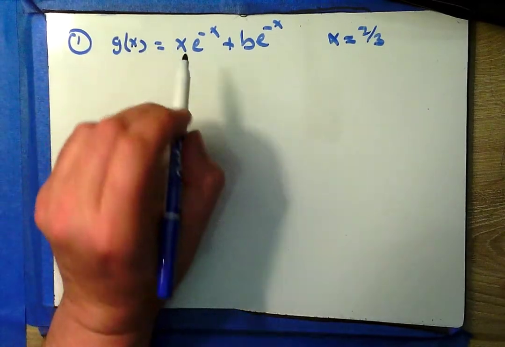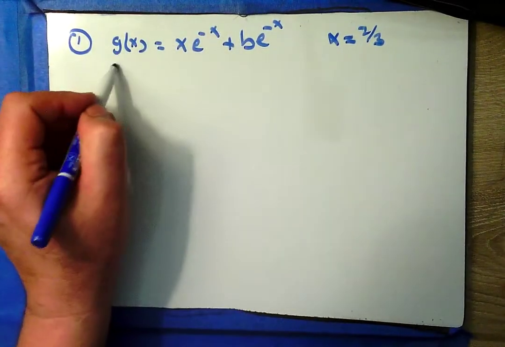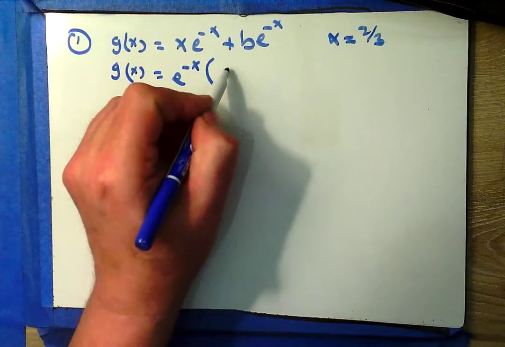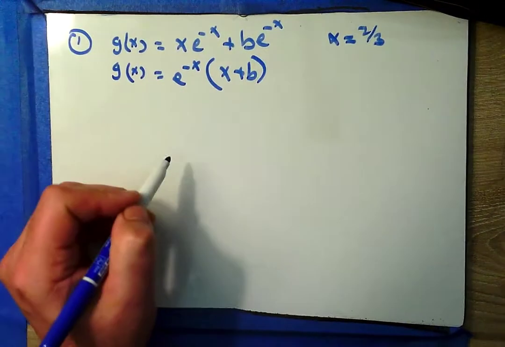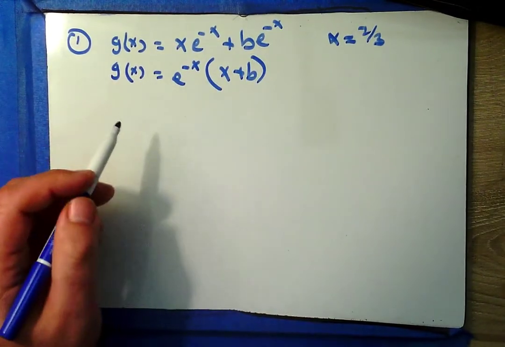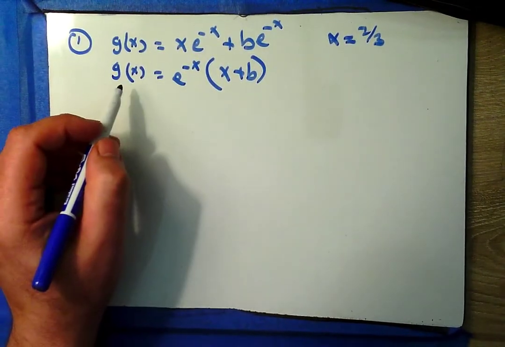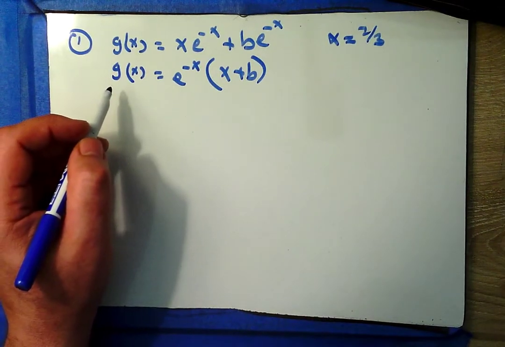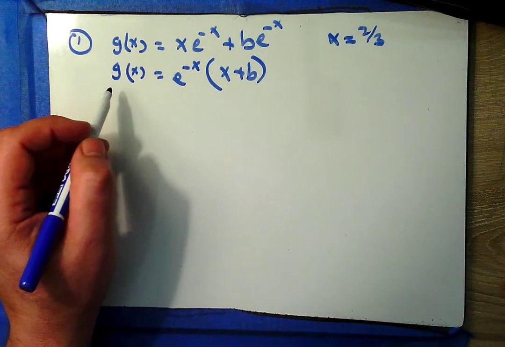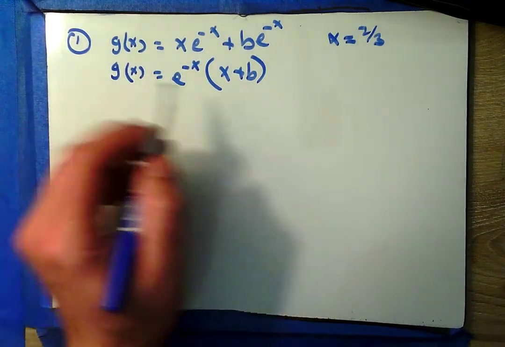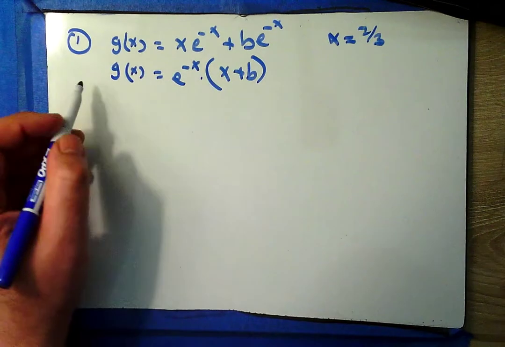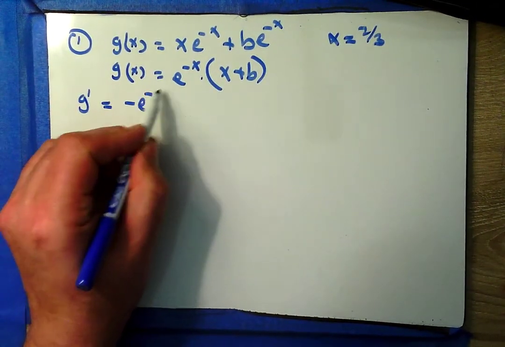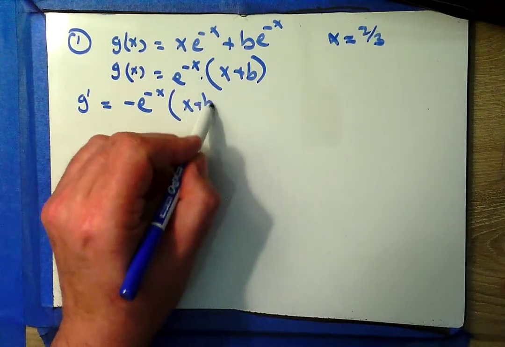Okay, so I actually am going to do a little algebra on this first, and I'm going to factor out that e to the minus x so that I have x plus b here. Now, in order to find an absolute max, I know that I need to look for the first derivative equal to 0. So what will that first derivative be? Well, it means I need to take the derivative with the product rule. So g prime is going to be negative e to the negative x times x plus b